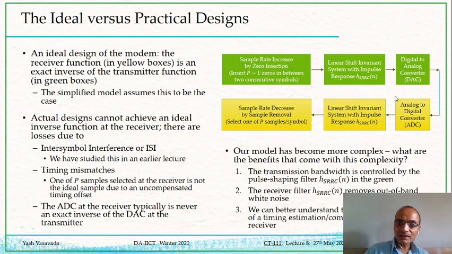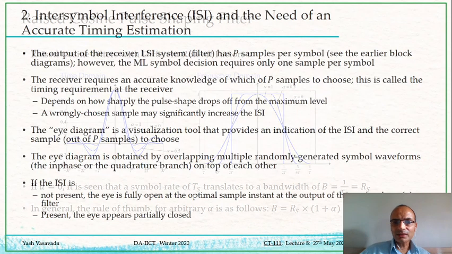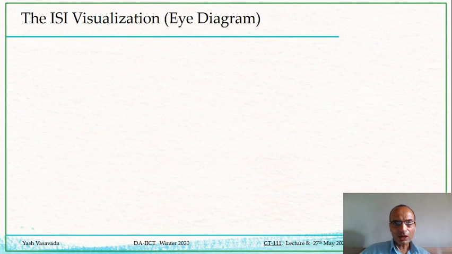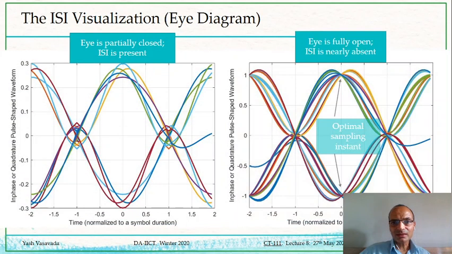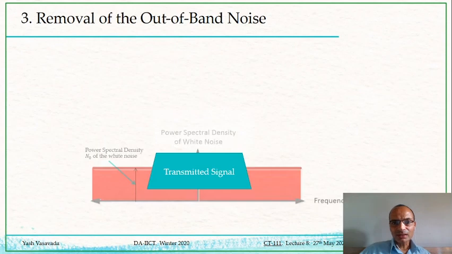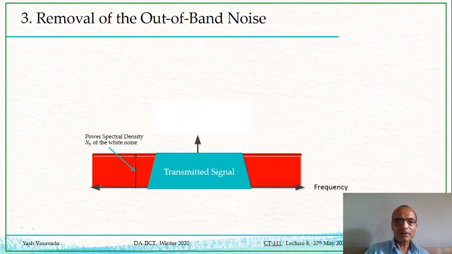Similarly, we will see that this filter at the receiver, which is essentially the inverse of the transmit pulse shaping filter, plays a crucial role in removing the out of band noise also. And so if I have a particular transmitted signal which is being received in the white noise whose power spectral density we have seen earlier,